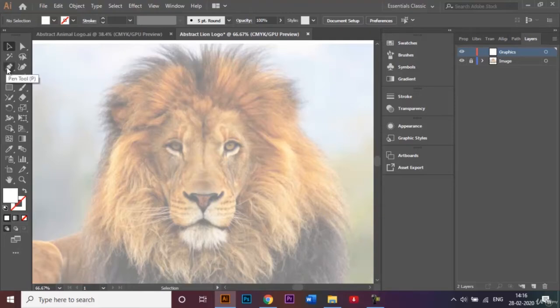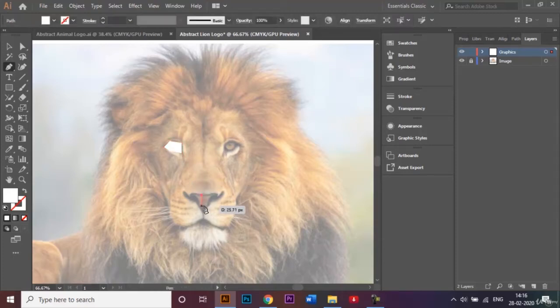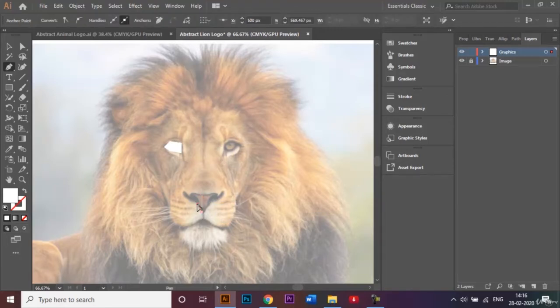So I'll select my pen tool right here, and the first thing I'm going to do is make the parts of the face which are most important right now, which includes the eye. So just use the pen tool to make a rough shape so that you get the covering of the eye like that. Now the second thing that's also important is the nose. So I'll just make a rough shape like this, and